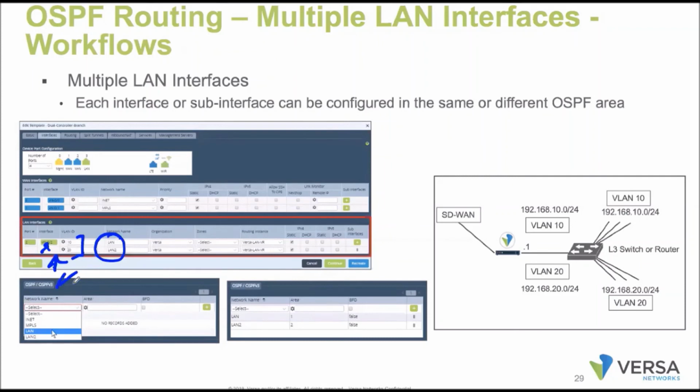While configuring OSPF in the workflow template, you are going to configure OSPF with the name of the network. Whatever name you mention here, for example VNI 0/2.10, we mention it as a LAN. VNI 0/2.20, we mention it as a LAN. So while configuring OSPF, it is going to display the LAN name.